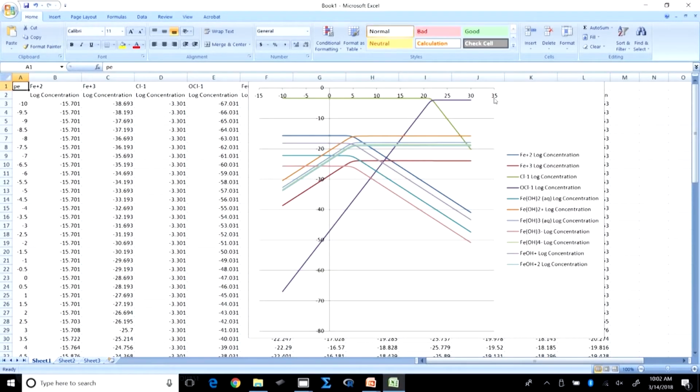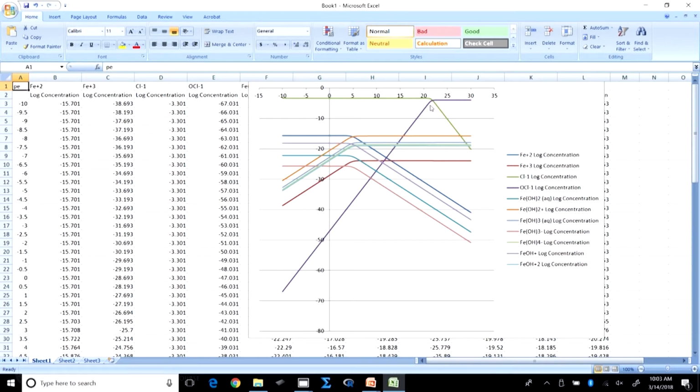So here let's try to understand the system. So here you have pE on the x-axis and log C on the y-axis. So first let's try to understand the system with respect to Cl minus and OCl minus, right? So obviously as expected here, I guess the pE naught value is somewhere out here, 22, for that particular couple. So here mostly it's in the reduced form, right? When the pE is less than pE naught, we expect the reduced form to predominate, and that's what you see here, Cl minus,